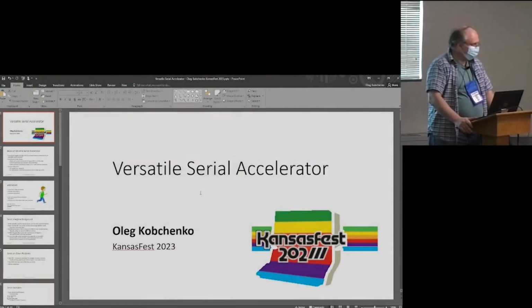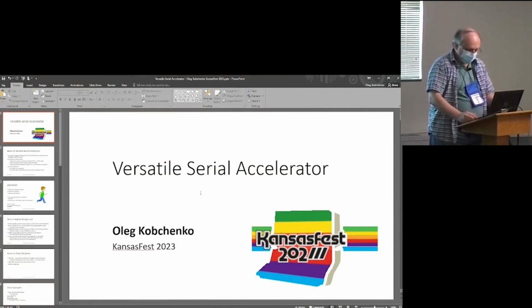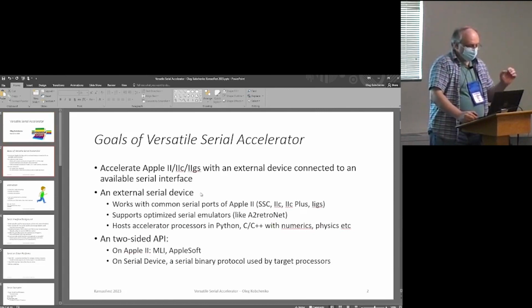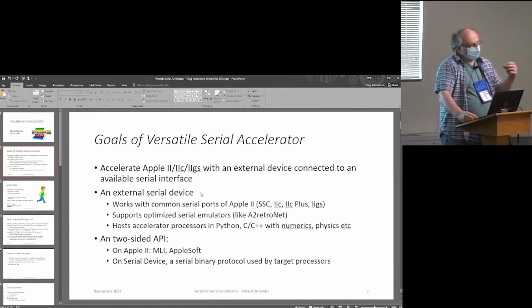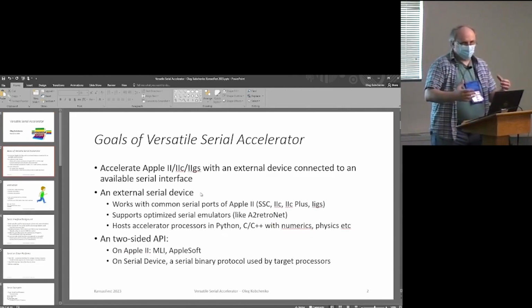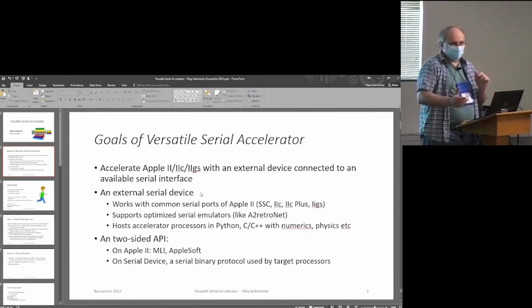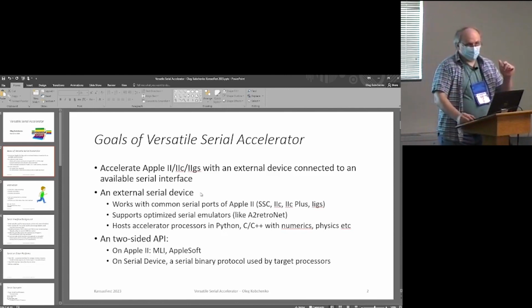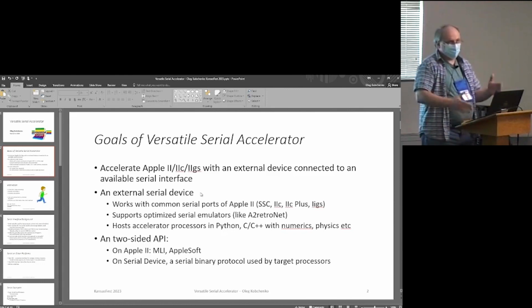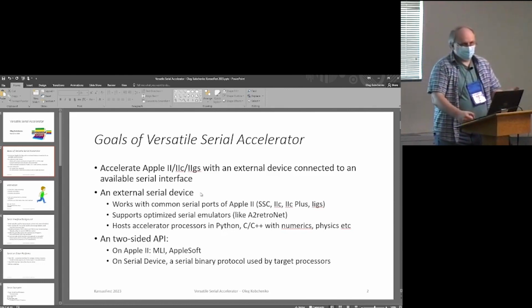Hello, everybody. Today's topic is the Versatile Serial Accelerator. The goal is to use an existing serial port, and my passion came from the fact that everybody likes the cuteness and portability of the IIc and IIc Plus, and the fact that they have two serial ports built in. The IIGS has a serial port built in, and many Apple IIs,